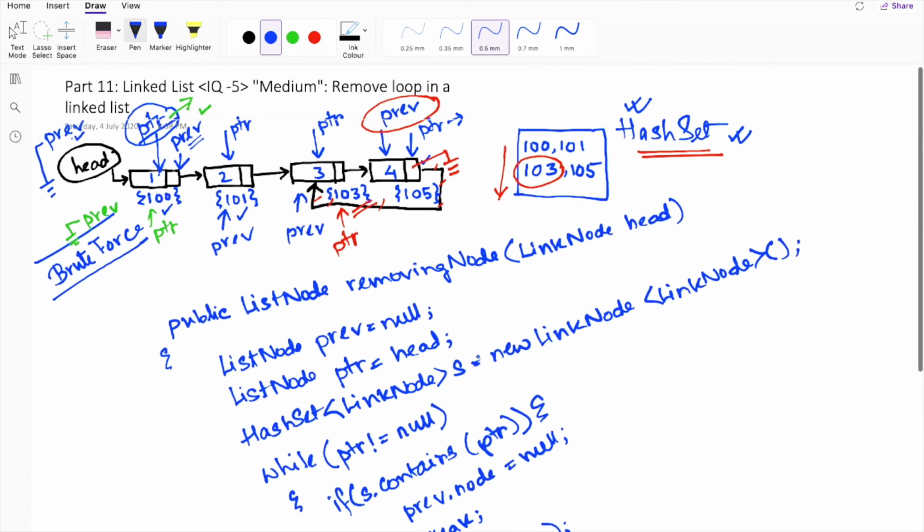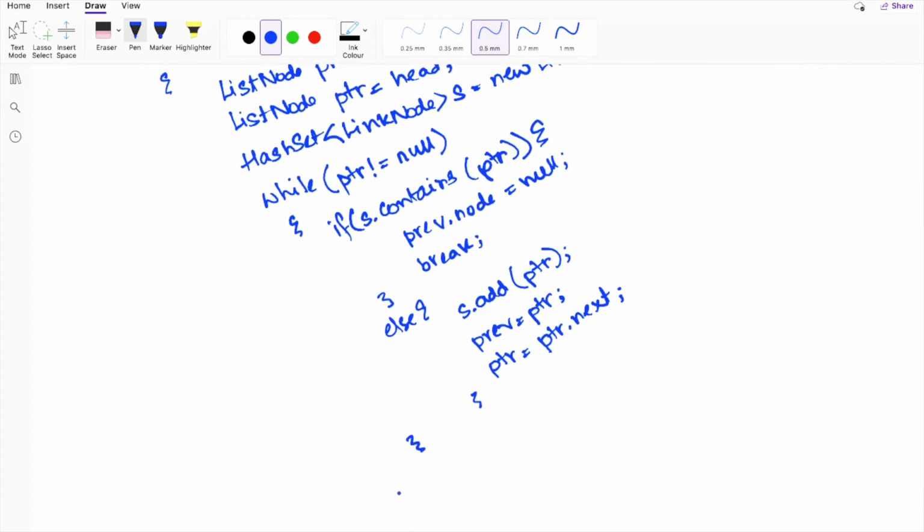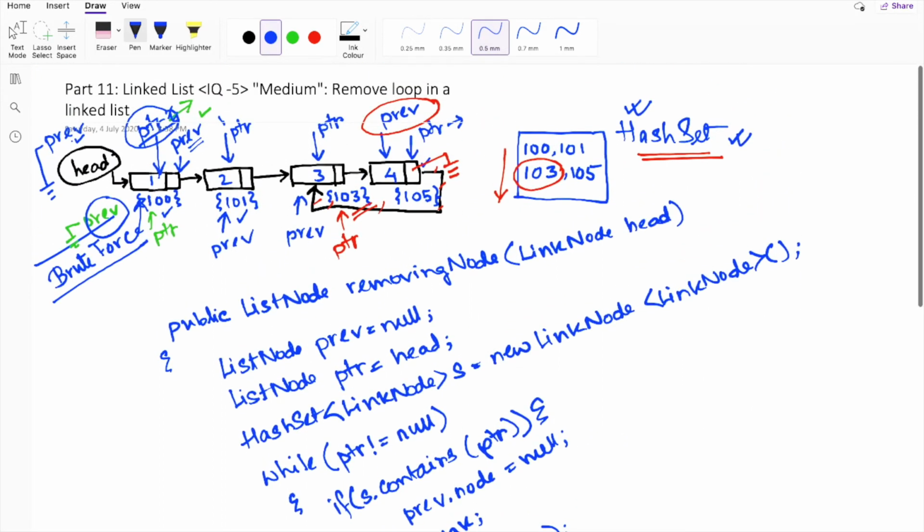And just before moving this pointer forward, we will keep track of this address. So we will set the previous to this current object, that is previous equals to pointer. And then we will move the pointer object forward. And here we are ending the while loop. And at the end, we will return the head of the linked list. This is pretty much the solution to this problem. This is quite simple. So let's understand what we did over here.